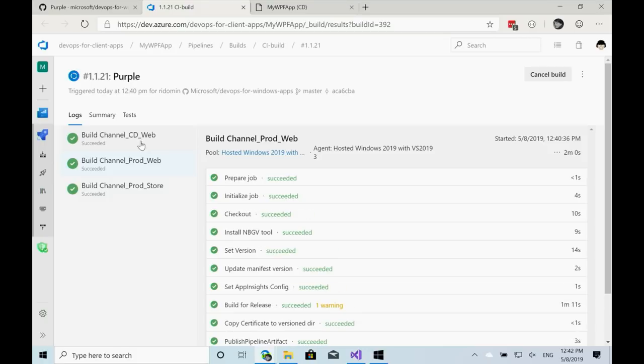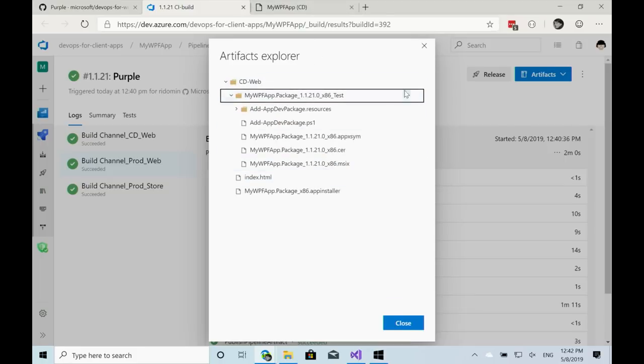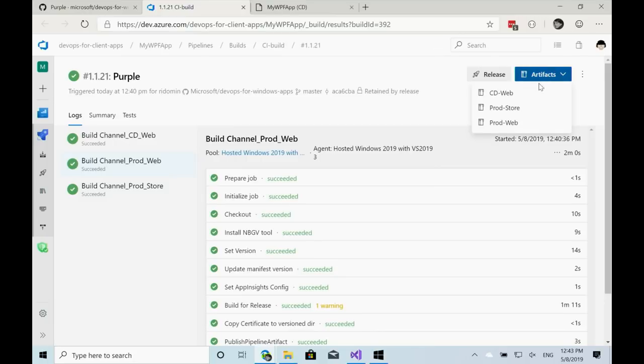So the other 2 channels, the CD web and prod web, they both share the same kind of artifacts. So here we have the HTML page that you saw before, the app installer file, this is the file that is used to manage how updates are delivered to end users, and the MSIX package that will be here. In the case of the store, we have